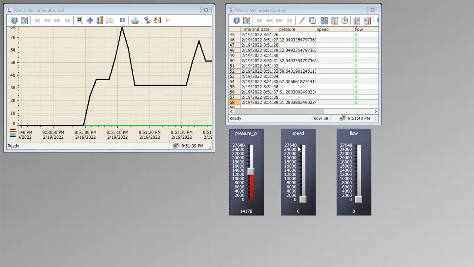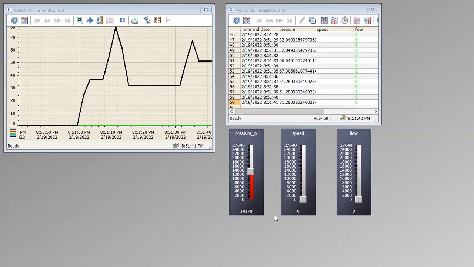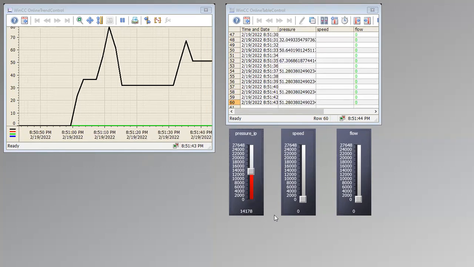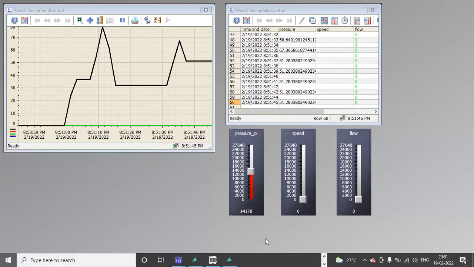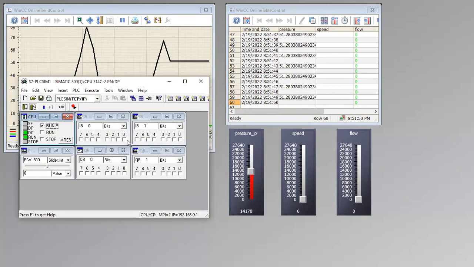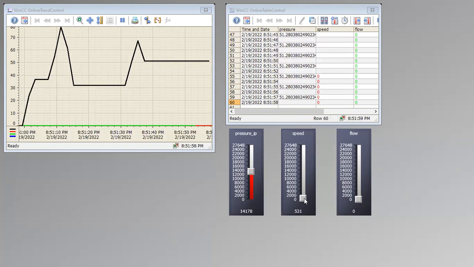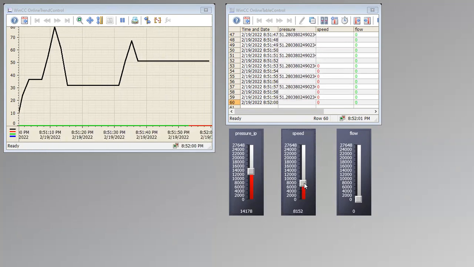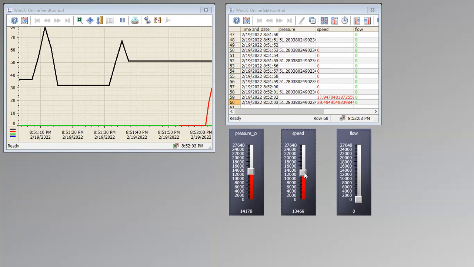Similarly, for the second one, speed. Right. For that, when you give start input, when this motor is on, then only it starts storing data for cyclic selective. So when I change the data here, it starts storing data.